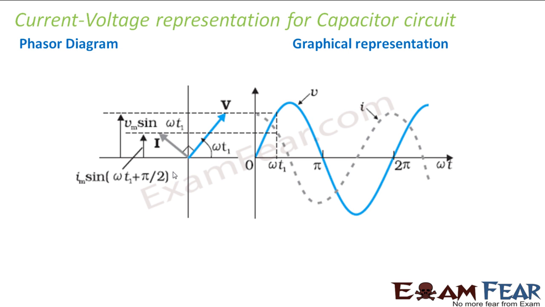When we were plotting the inductive circuit, that time the current was behind voltage. That's why the current was plotted like this because it was behind voltage, but now the current is ahead of voltage, therefore the current is plotted pi by 2 ahead of voltage. So I hope now you are understanding how we represent current voltage relationship with the help of phasor diagrams. Just try to plot these phasor diagrams yourself so that you can understand things better.